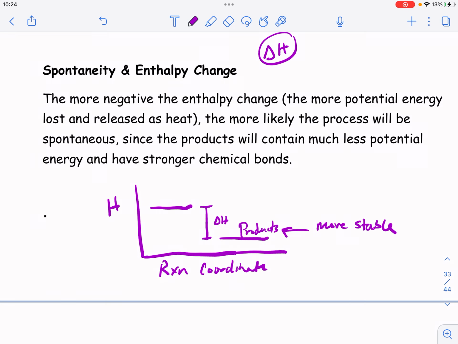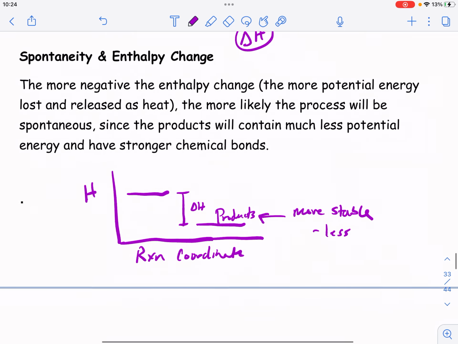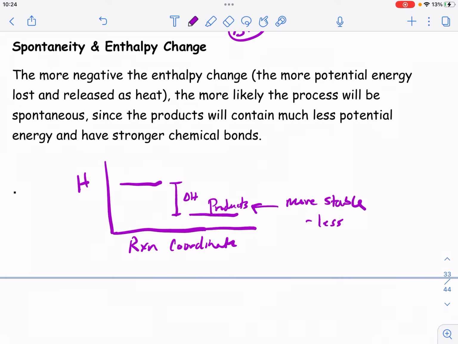And they're more stable because they have less stored energy now. They have less potential energy. Another way to explain it is that they must have stronger bonds, which also makes them more stable. So having exothermic reactions, as I've shown here,